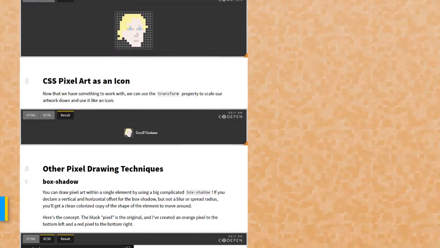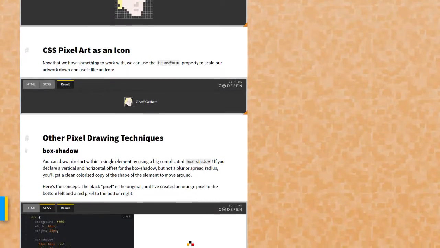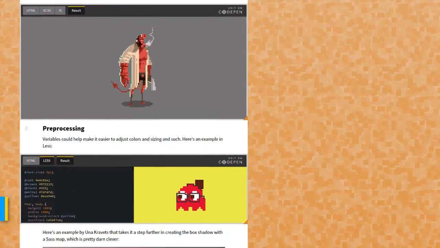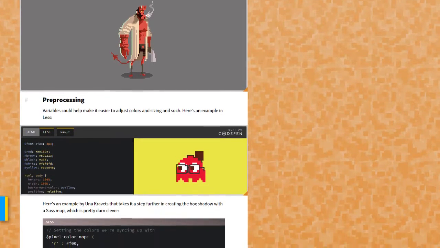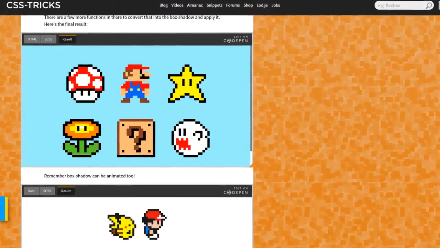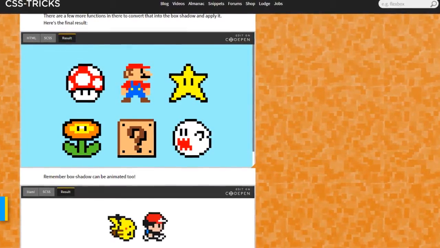And as you scroll further through the article, you can see everything from icons you can make with your CSS pixels to full-on character development, and even a Miss Pac-Man. Or technically, it's a Miss Pac-Ghost, but still. They even have the classic Mario icons and animated Pokemon characters. I mean, if this isn't serious stuff, then please, tell me what is.